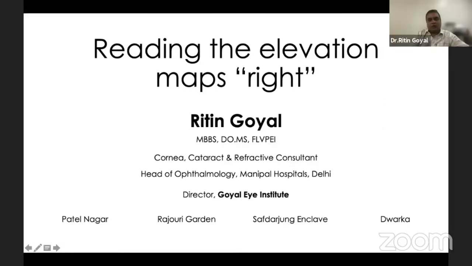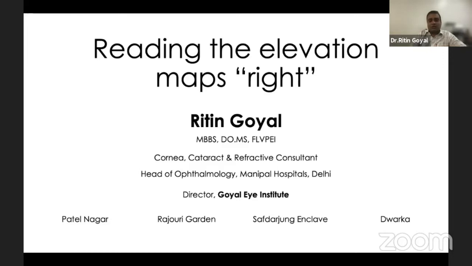So, what I'm talking about here is how to look at the pentagram. What typically happens is, I think pentagram is a very, very phenomenal tool, which can do a host of things for keratoconus, for refractive screening, for phakic IOL planning, and is even used in glaucoma practice. There are so many utilities of this tool that I'm not going to talk about everything, but for the scope of this presentation, I'm going to restrict myself to refractive screenings.